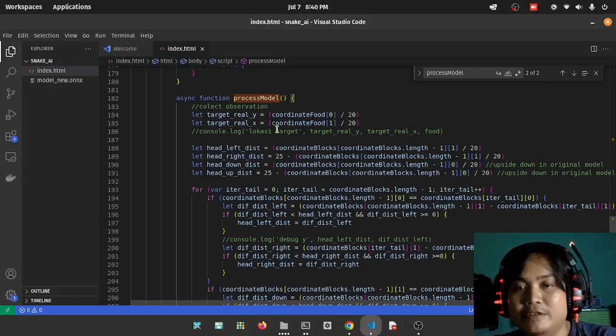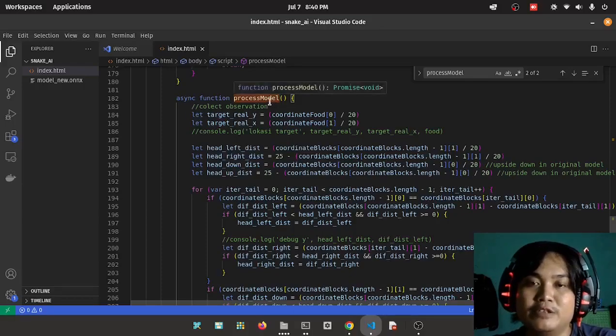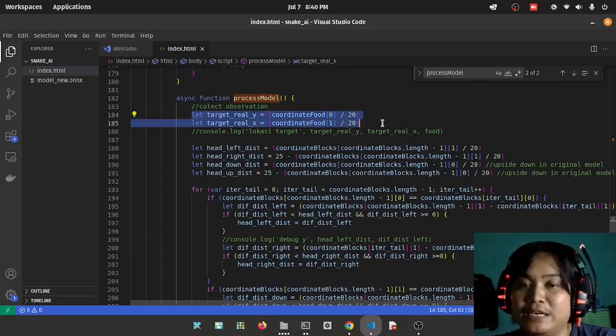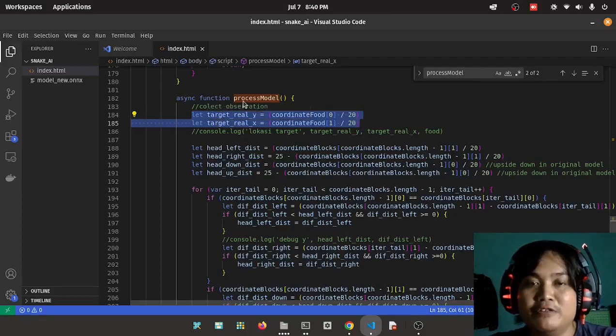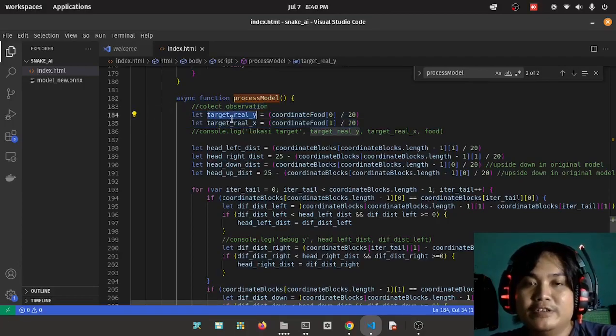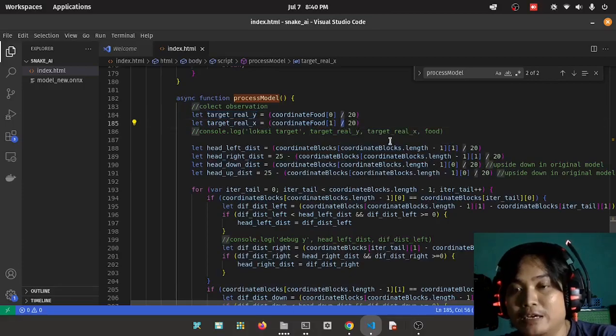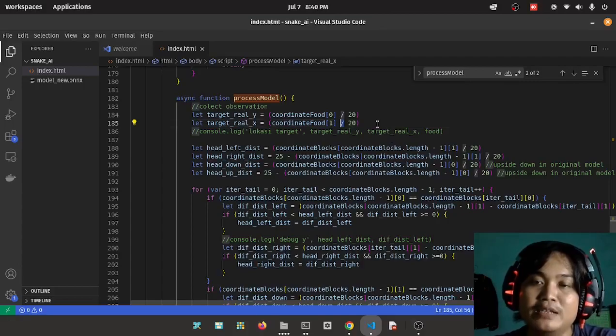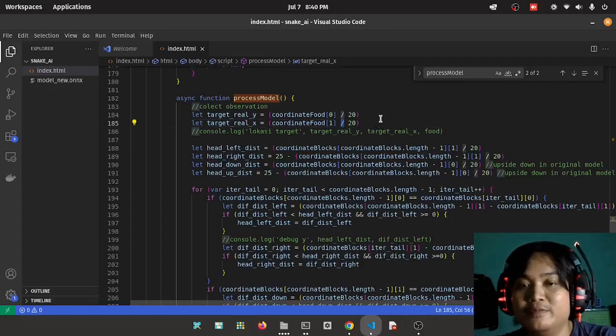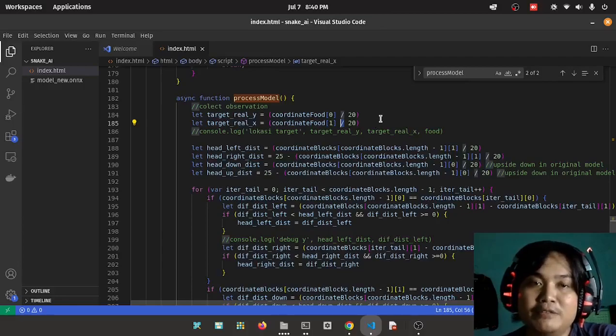Okay, I will explain step by step the process model function here. So as you know, same as in the Python environment, here we collect the observation. Here we collect the coordinate of the food in y and x coordinates. And as you can see here, we divide it by 20. Why? Because in this environment, the unit is 20, so to match the scale between the environment in HTML and in Python, we must